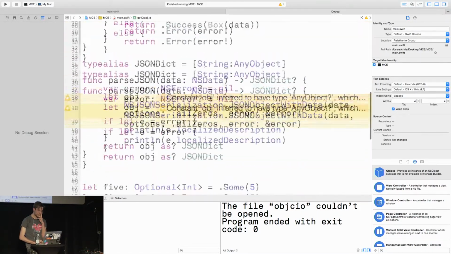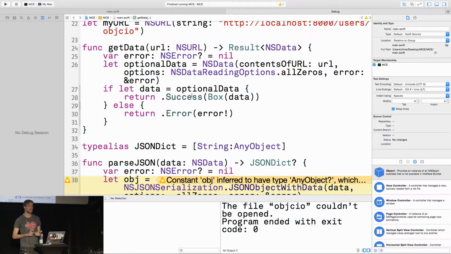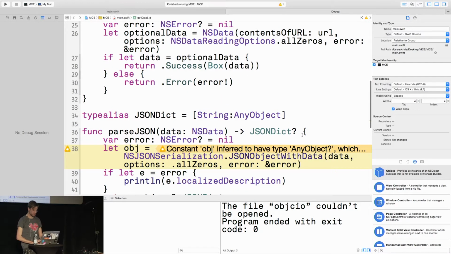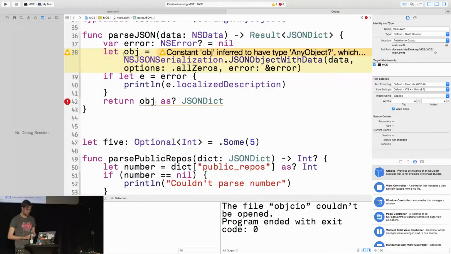Okay, so what we're going to do is also rewrite the parse JSON to a result, and we're also going to rewrite parsing the integer to a result data type. So hopefully this is a little bit quicker. So this is going to be a result of JSON dict, and now of course the compiler is going to complain, and we can say, well,